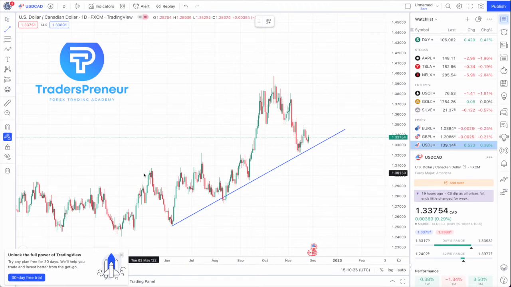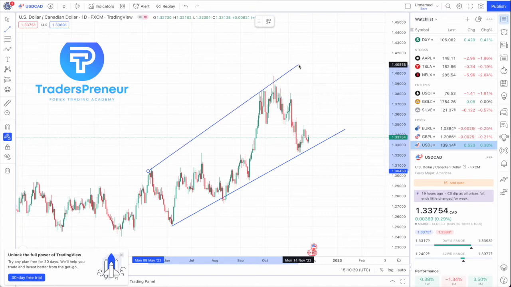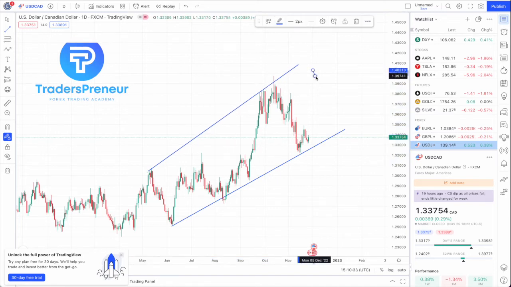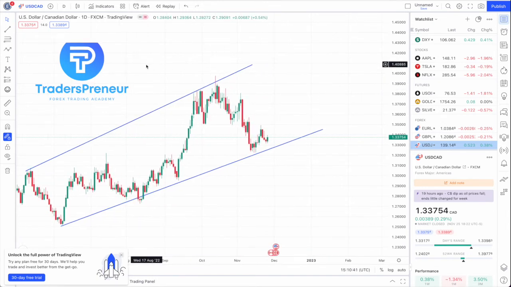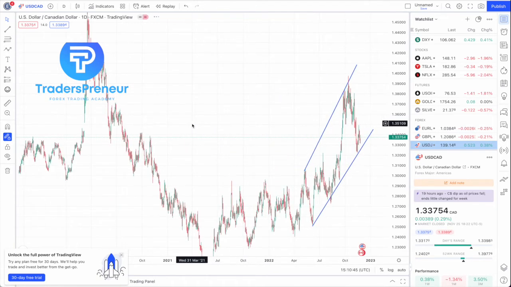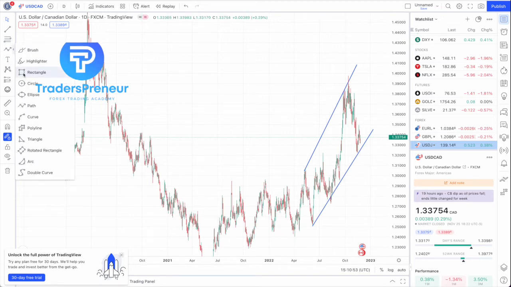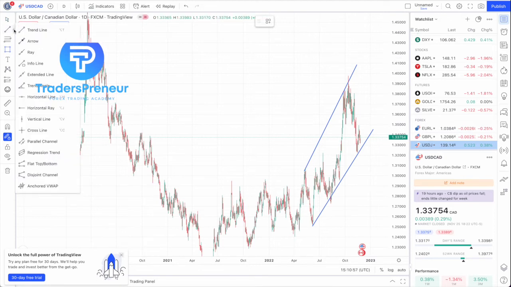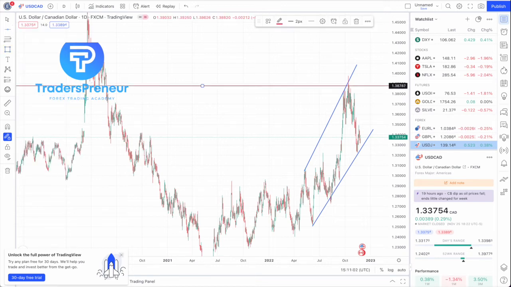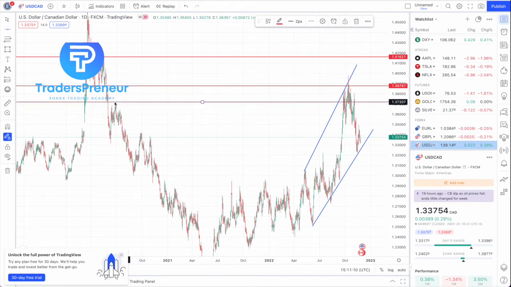Okay, so let's have our trend channel. All right, so looking at this price, we clearly see that the market already touched this previous level or zone, resistance zone here. Okay, let's mark this area. All right, and this one, and this one. Okay, and also this level. All right, so here